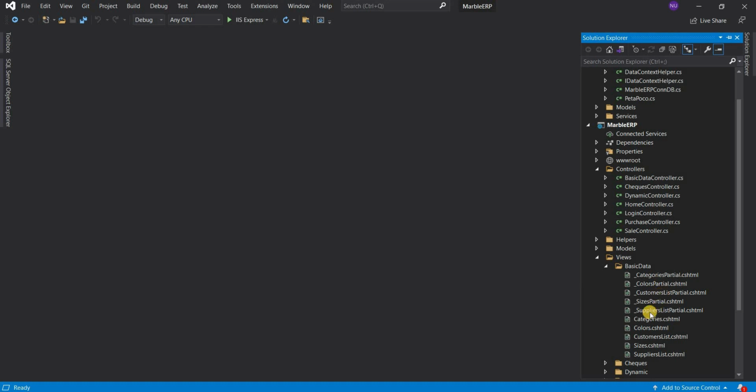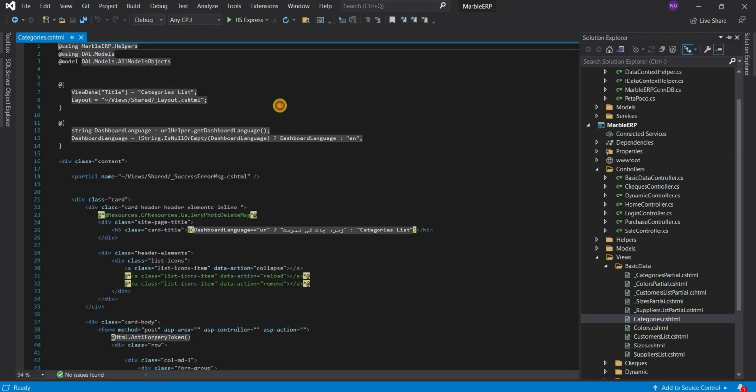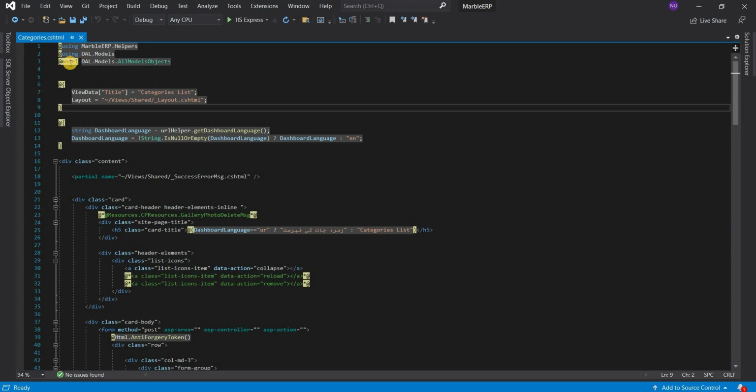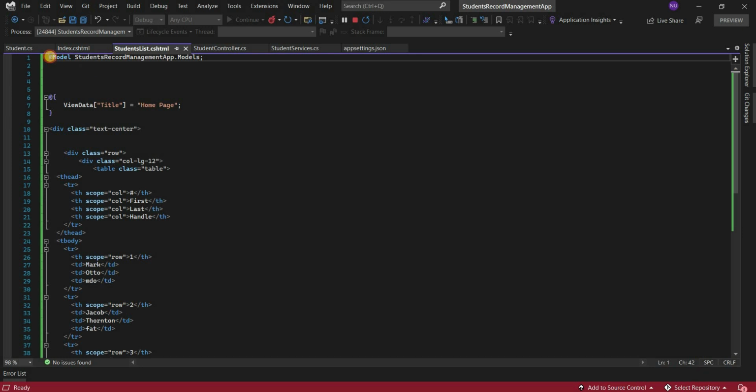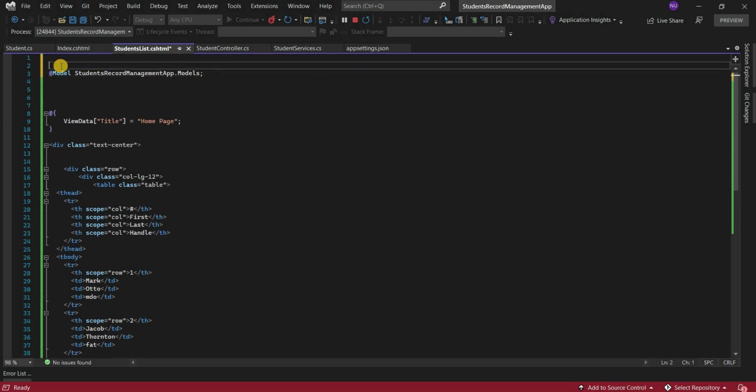Let's see what kind of error we are making using model. It is the normal way. Model, okay, m should be small, right? And then we have to declare the namespace. Okay, let's see. Using